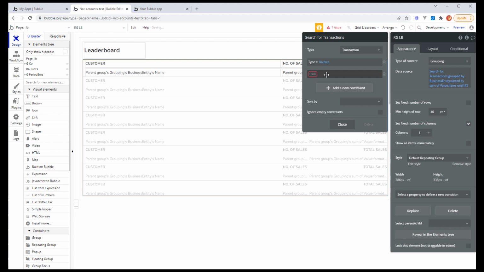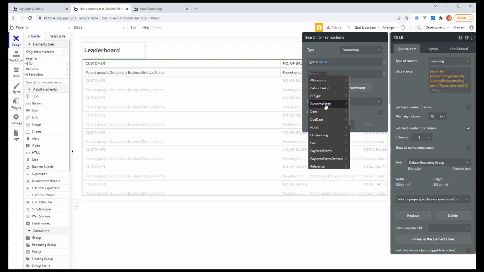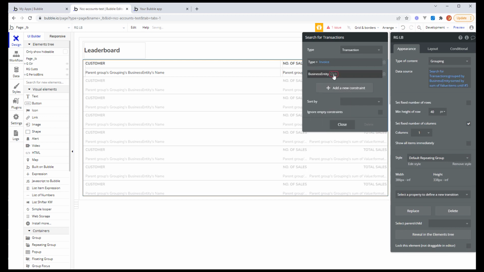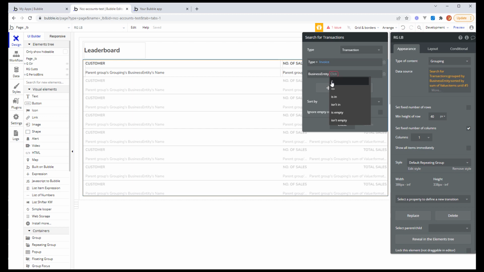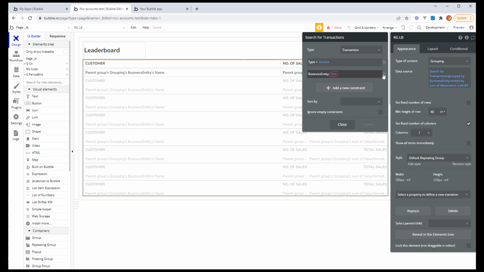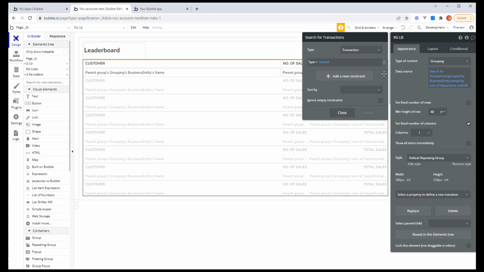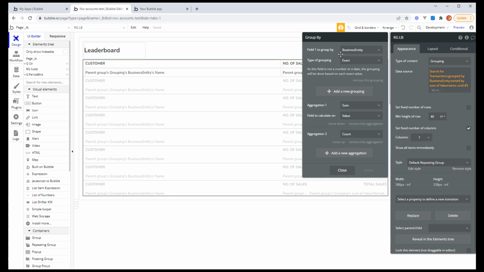We can't actually add a constraint on that. So for example, we could say business entity, but we can't then say business entity's type. We just get the whole business entity. Okay, and if you look at the group by, again, we can't put a constraint on the business entity itself,